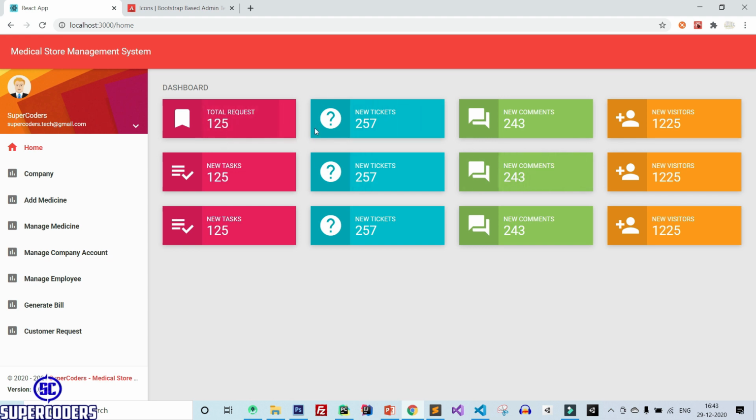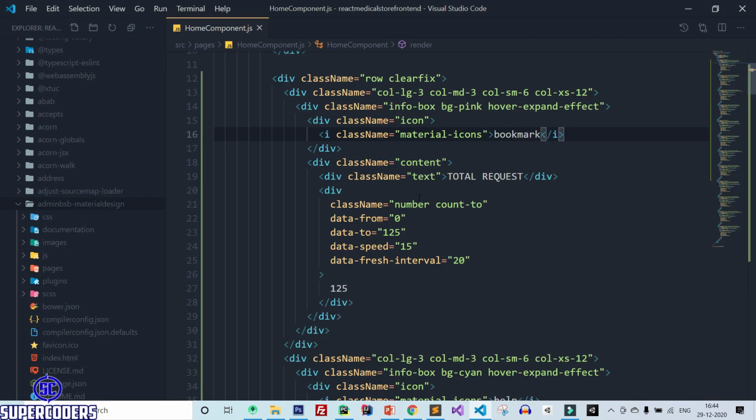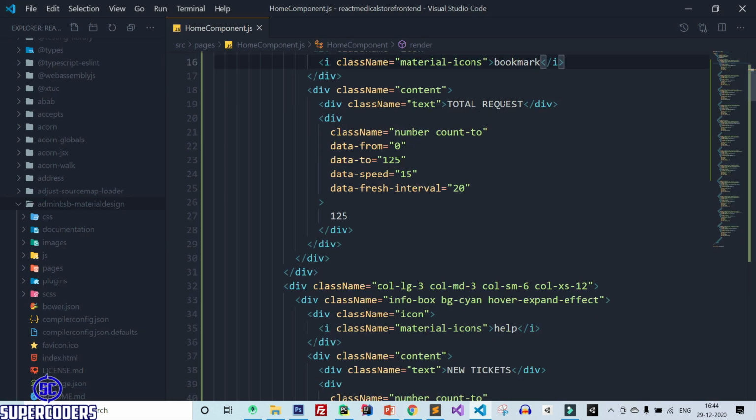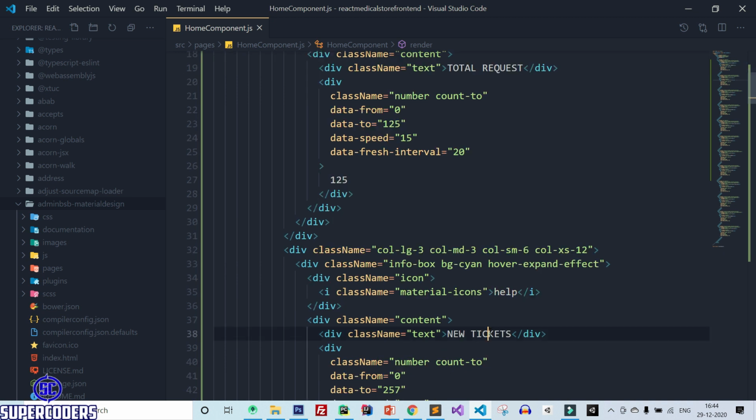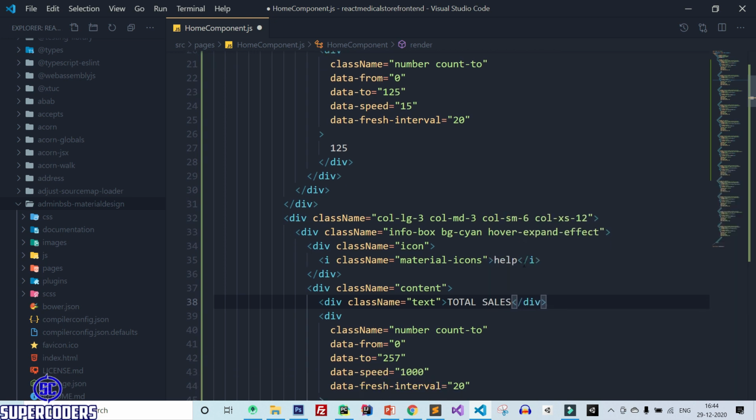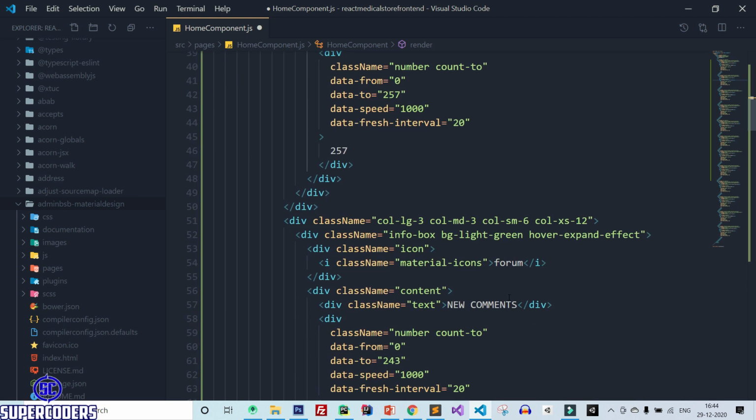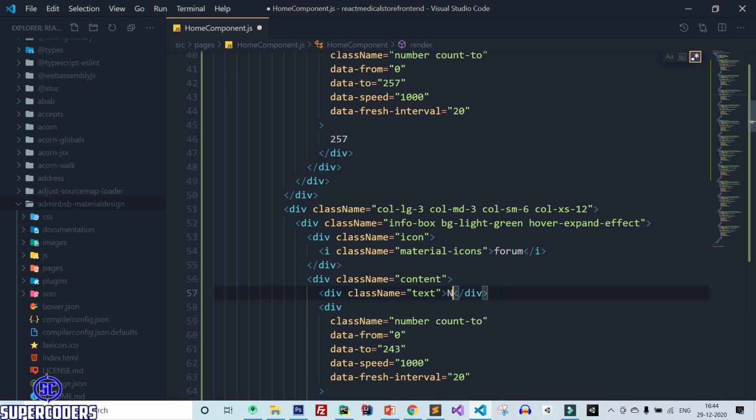For now, just changing the text of these cards. So back to VS Code. First is total request. Now second is total sales, then total medicines.